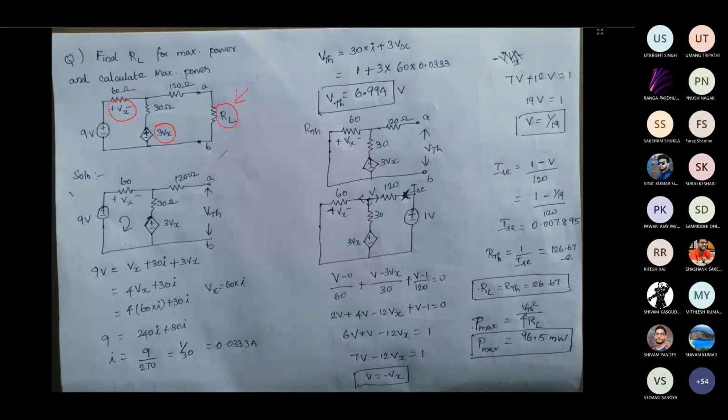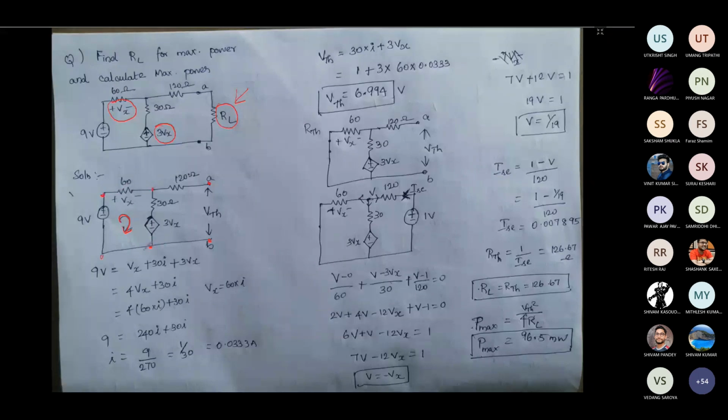So first, what do we need to do for Thevenin theorem? We have to open circuit the load resistance, that is done here. Then what do you need to find? You need to find the voltage across this terminal, VTH. Now if you see this circuit, the current can pass only through this path. So you can apply KVL for this circuit, this path, let's say this one.